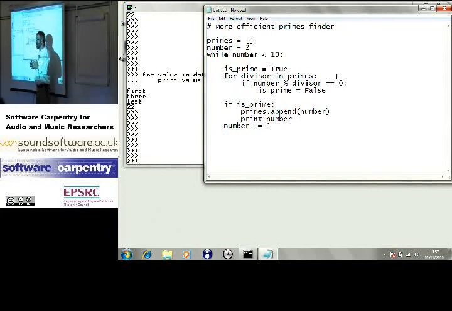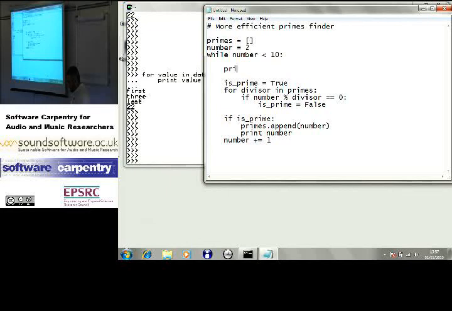Are you okay with that? Yeah. Okay. Let me print out a little bit of stuff. That might help. So, print trying number. Okay. And then down here, I'm going to print number out, comma, is prime. Print primes is now primes. Okay, so let's just